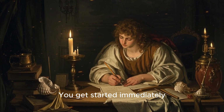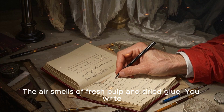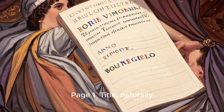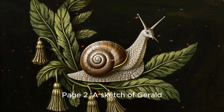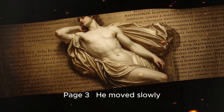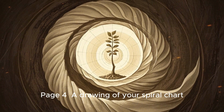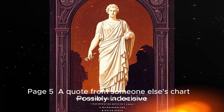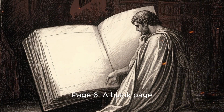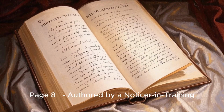You get started immediately. The room is filled with rustling paper, inky fingertips, quiet laughter. The air smells of fresh pulp and dried glue. You write. Page 1. Title, Naturally. Page 2. A sketch of Gerald, dignified as ever. Page 3. He moved slowly, but never backward. Page 4. A drawing of your spiral chart. Page 5. A quote from someone else's chart. Possibly indecisive. Page 6. A blank page. Page 7. The quietest things taught me the most. Page 8. Authored by an...